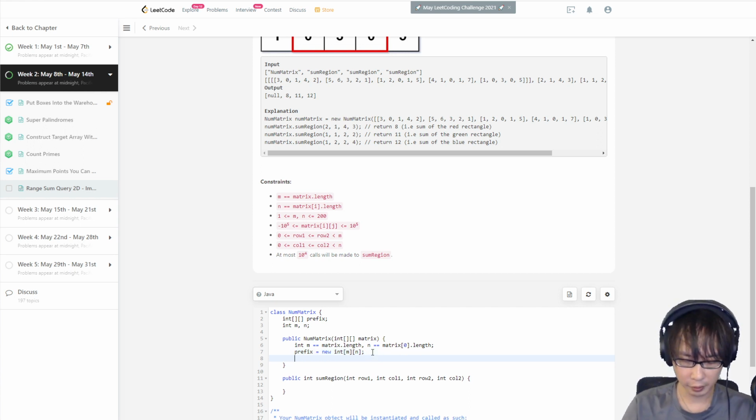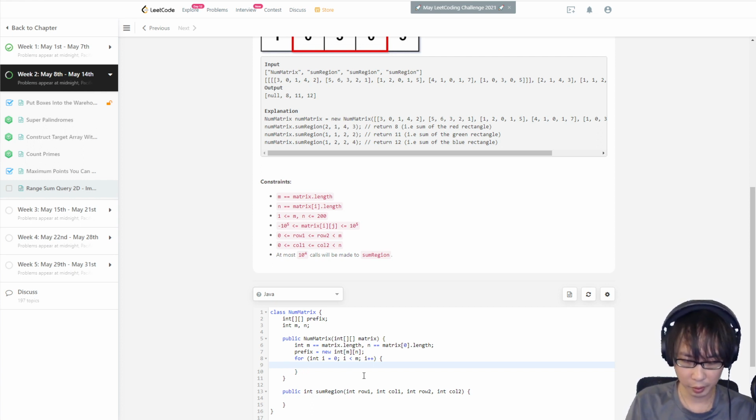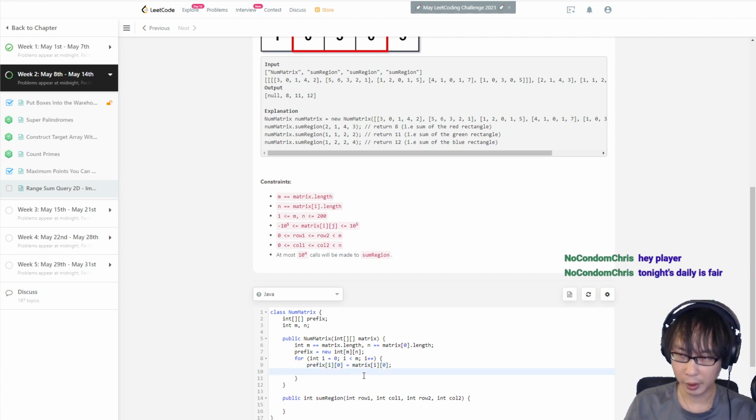So for each row, M. So for each row, and then for each column. The prefix of the row and the first column is always equal to matrix at the row and the column, right? And then